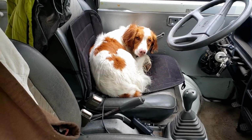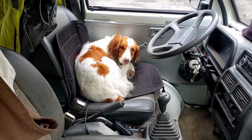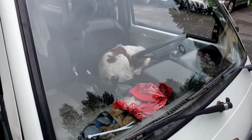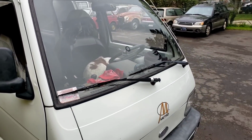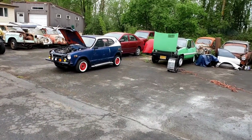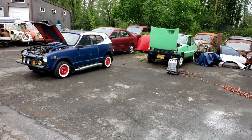Alright, so Stella's taking a little snooze in the microvan. We just made a Home Depot run and stopped at the park and she chased up a rabbit. She's pretty darn happy about that. And I'm back to the shop and I'm working. And what would I be working on but